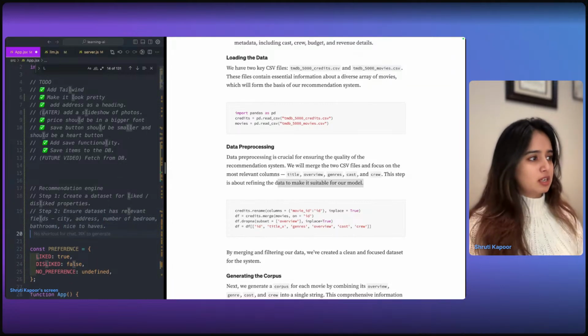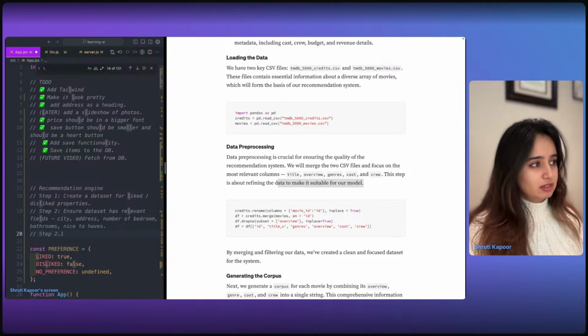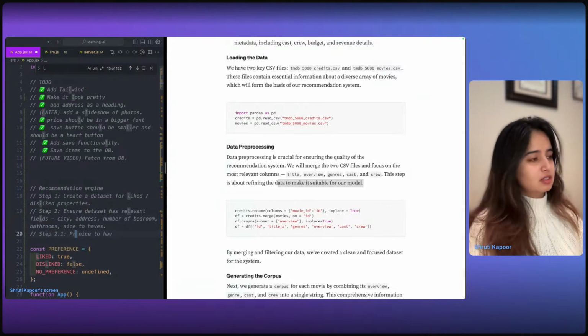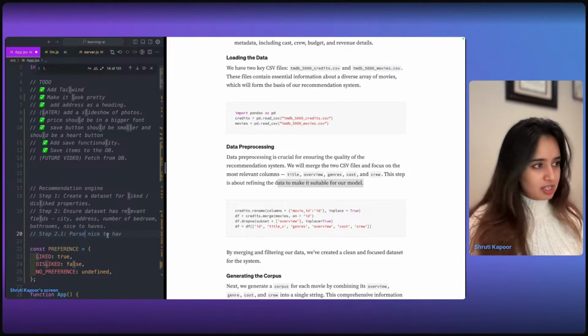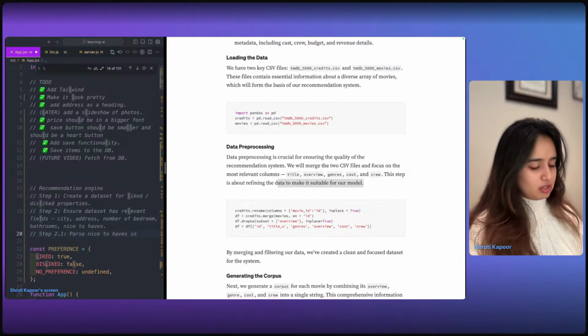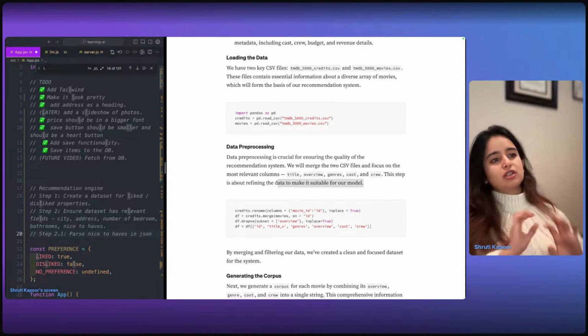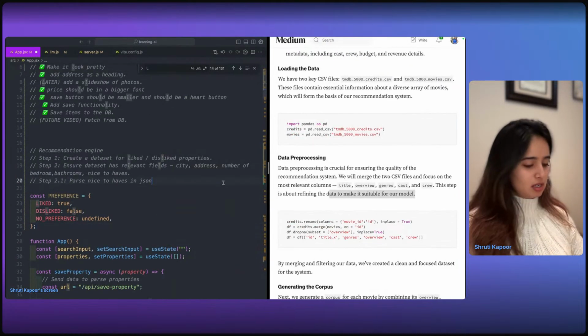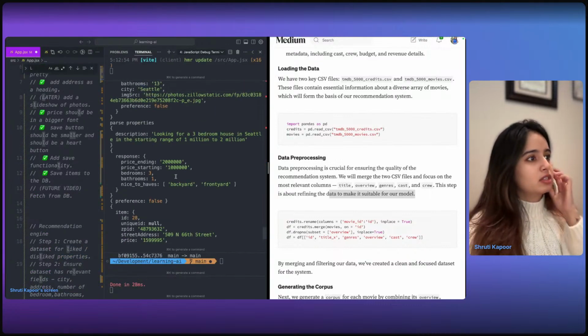So let's also write down step 2.1 is clean or parse nice to haves in JSON. Because as of now, it is actually just a string array. What is it here?